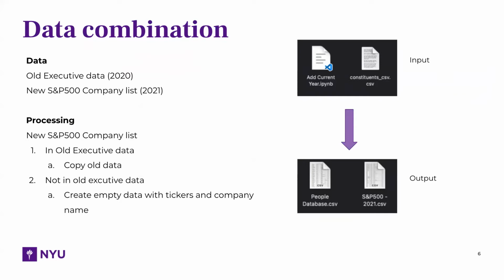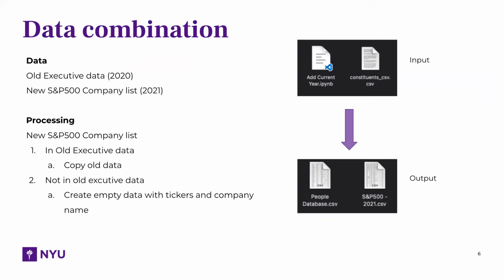After we gather that data, we process it in 2 ways. One is that if the company is still in the new S&P 500 company list, we are going to copy the old data. But if there is no information about a company, we are going to create empty data with tickers and the